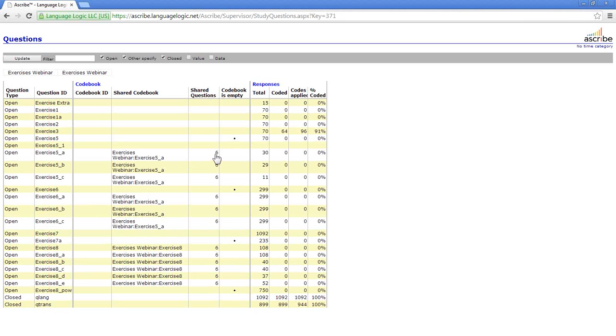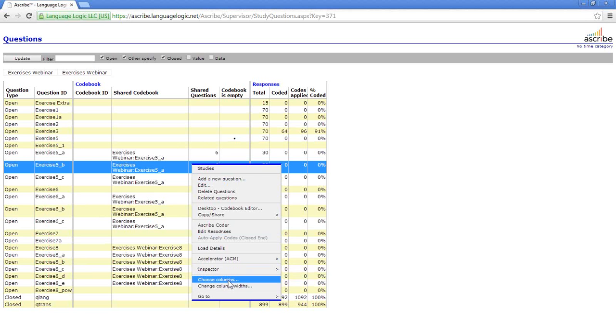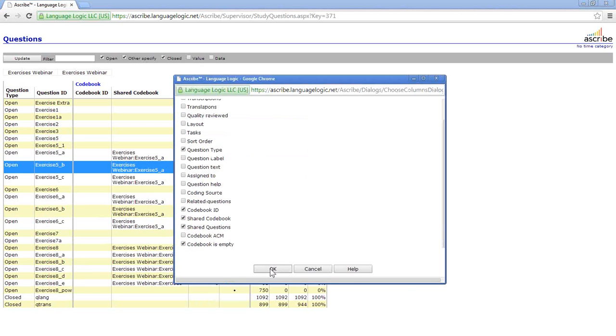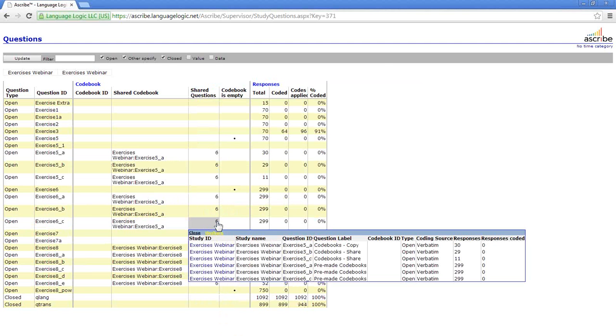One more thing I want to talk about that has come up multiple times is how do we unshare code books? We don't have the option to unshare code books in Ascribe Coder. If I wanted to unshare 5A from 5BC, 6ABC, then what I do is click on the shared questions column, and I bring up the shared questions column by going to choose columns. Shared questions is toggled on, and let's get rid of 6C from the share. So what I do is click on unshare,